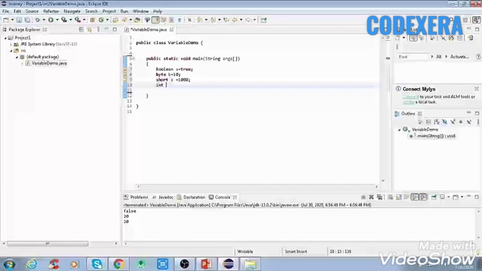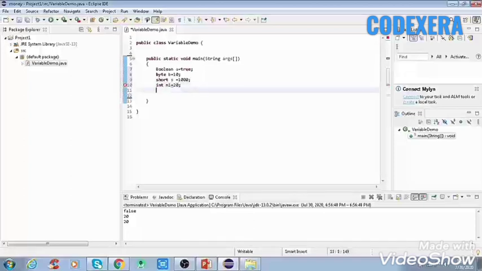We declare it with the int keyword, put the name of the variable and we can put the value as 20.